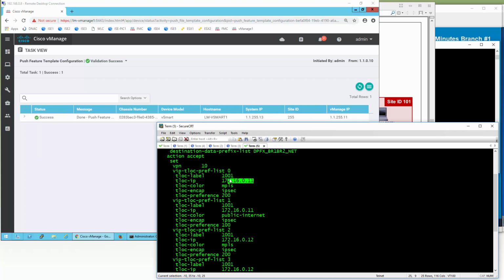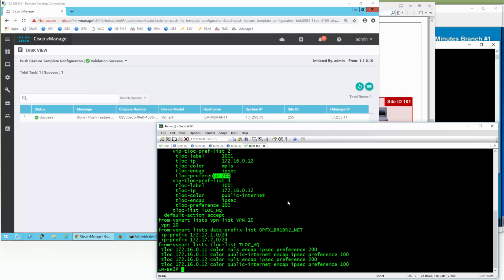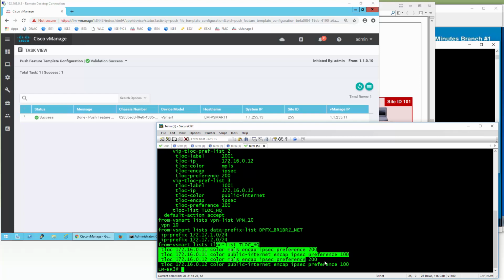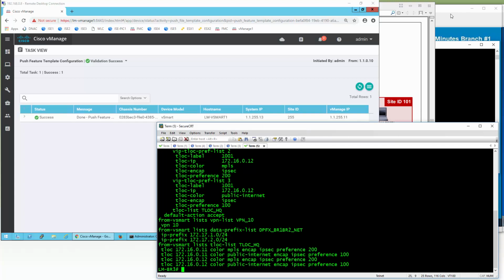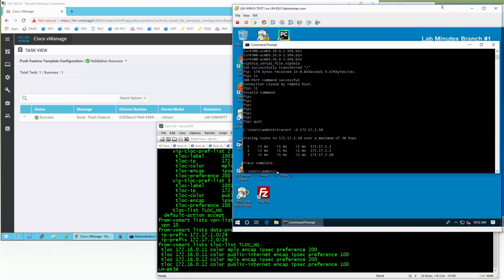Okay, so dot 11 is the HQR1, dot 12 is HQR2. Each has the MPLS and internet, and we are preferring MPLS, there and there. That's basically the content of our TLOC list. All right, so now let's go back to